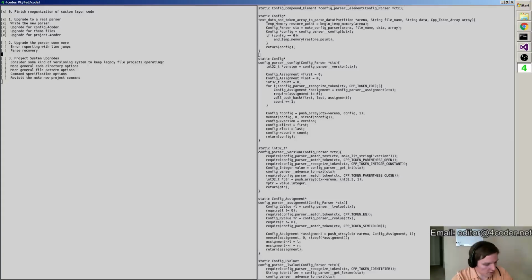Today we're going to work on this project file system upgrades some more. Since my last stream, I finished the parser completely, debugged it, got everything up and running with the parser. I switched the config file system and the theme file system and the project file system all over to the new config system and deleted out all the old config stuff. So I did a deep reorganization of all three of those systems to fully rely on the new parser, and then I scrapped the old config parsing thing.